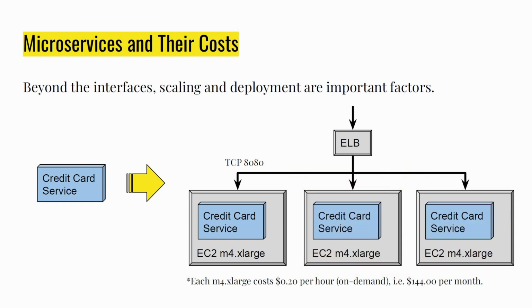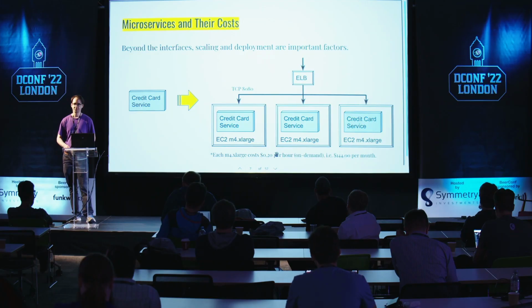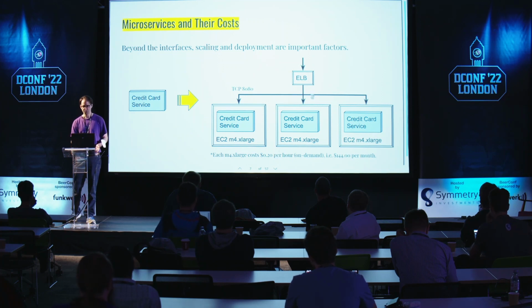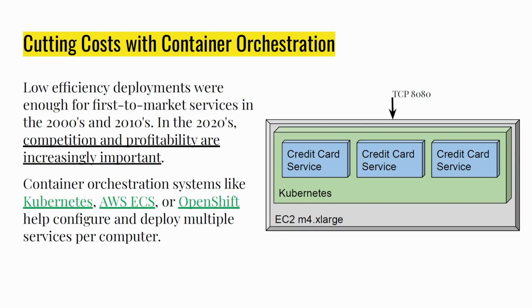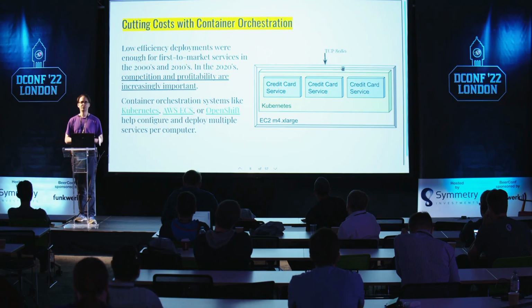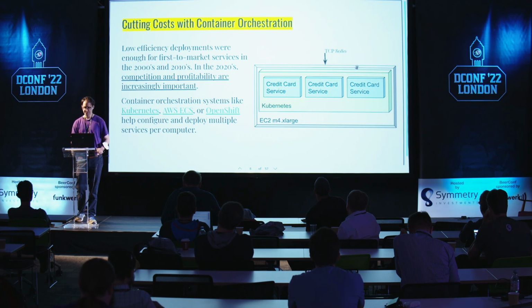So in Amazon, there's a machine type called M4 X large, and it costs about 20 cents per hour. So if I have a service split behind a load balancer and there are 3 of them, you're paying for 3. That's 60 cents an hour, and it adds up very quickly. So one of the things that has been going on since the 2000s and 2010s is a way of cutting cost. Sometimes a service doesn't eat up all the resources of a computer. You may have a 4-core, 2 gigahertz CPU with 16 gigs of RAM, but you don't need the whole thing for every service. So you can use container orchestration systems, like Docker, which is a very common one.